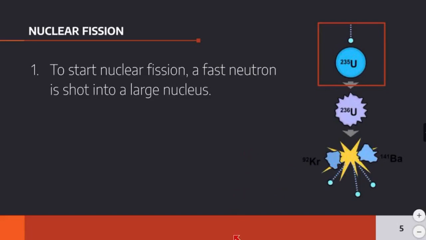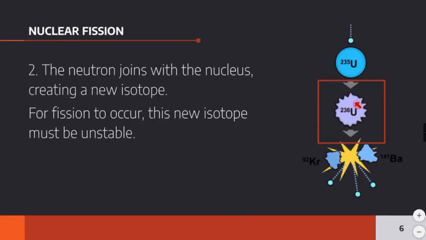So we shoot the neutron at the uranium-235 nucleus. When it hits, it joins with that nucleus and it creates a new isotope. So it's gone from uranium-235 to uranium-236. Its mass has gone up by 1. And that makes sense because we just added a neutron. Since mass is protons plus neutrons, if we add another neutron to uranium-235, we'll get uranium-236. Now, while this can happen, what's called neutron capture, whenever the neutron sticks to a nucleus,